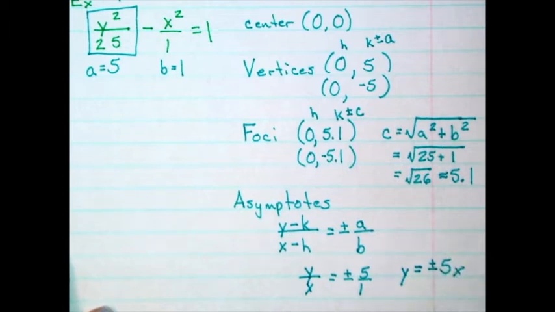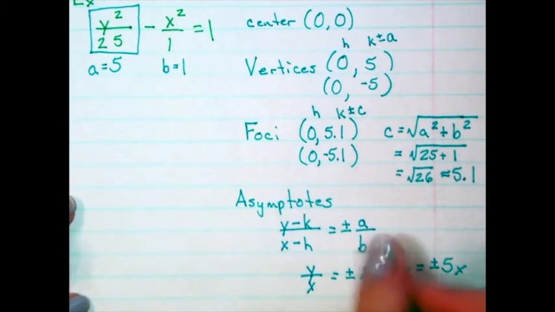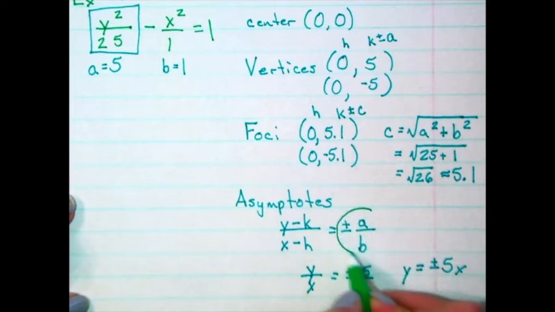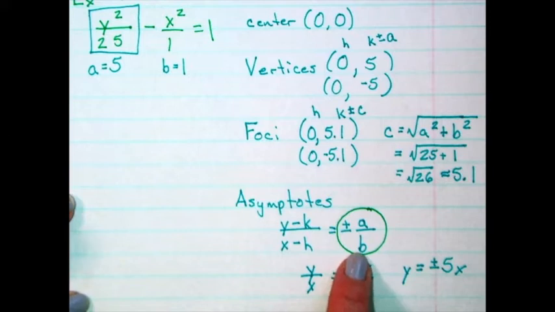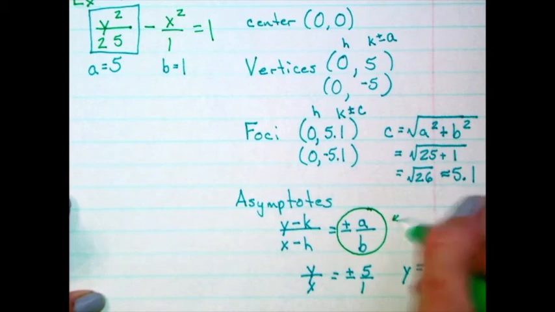Now, it's great to be able to find this equation, and it's not too bad to do it whenever the center is at the origin. But if the center is somewhere else and we have those h and k values to plug in there, it's going to make this a little more difficult. So what I like to do, instead of actually finding the equation of the line, is to count the slope. This will always be the slope, the plus or minus a over b, or the plus or minus b over a. And we can just count that slope